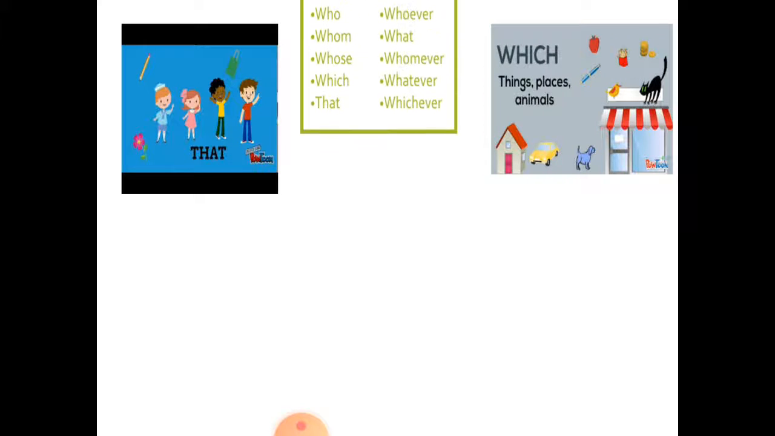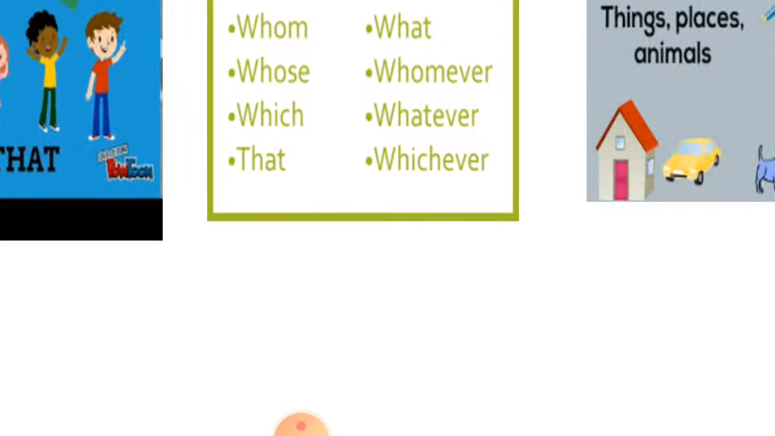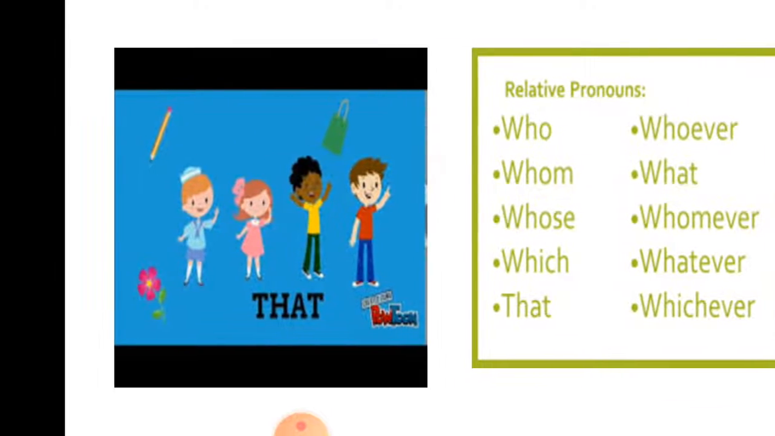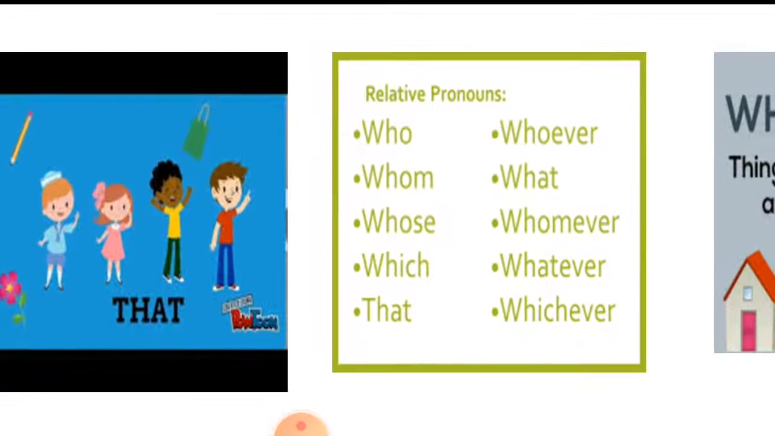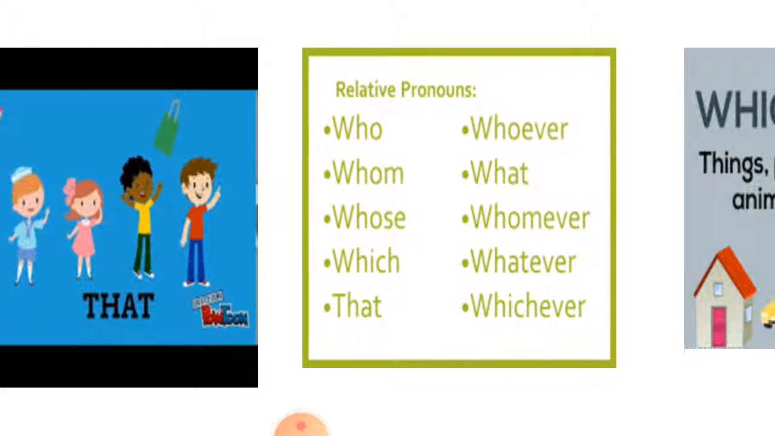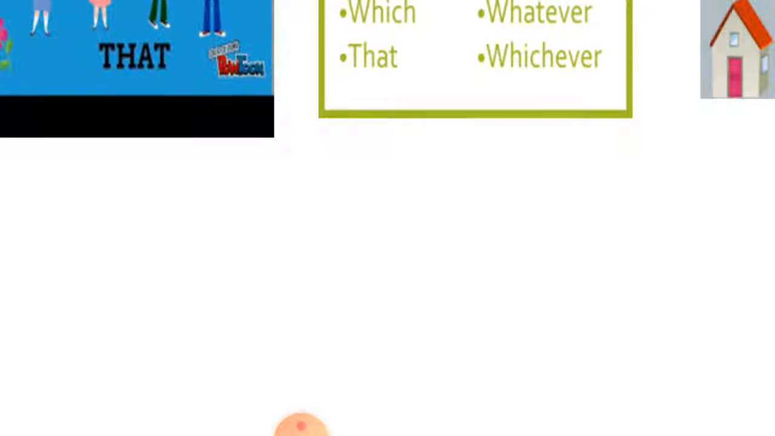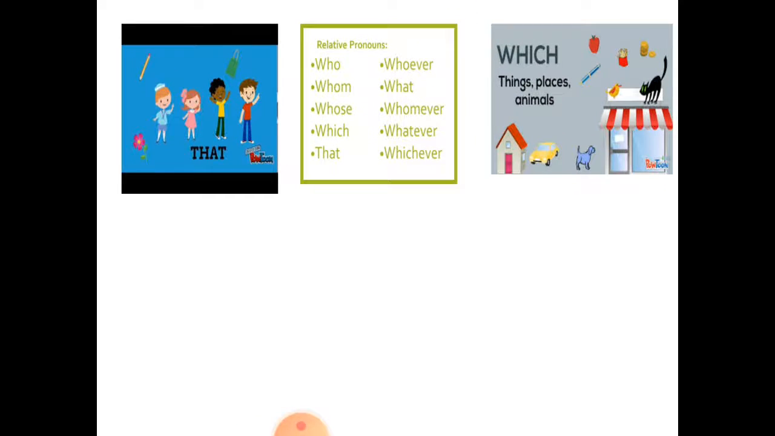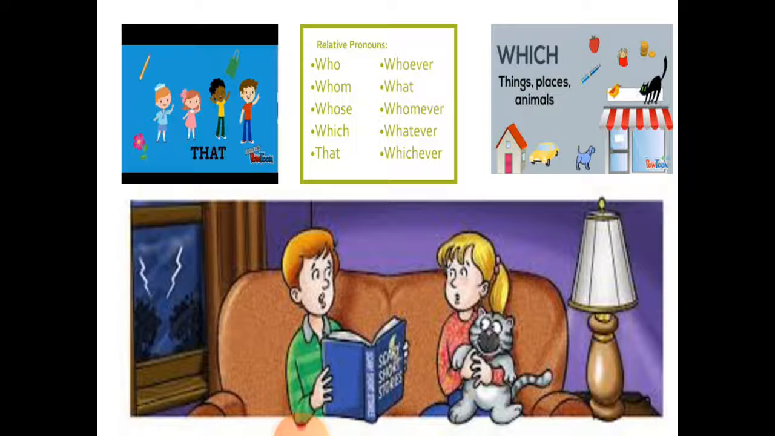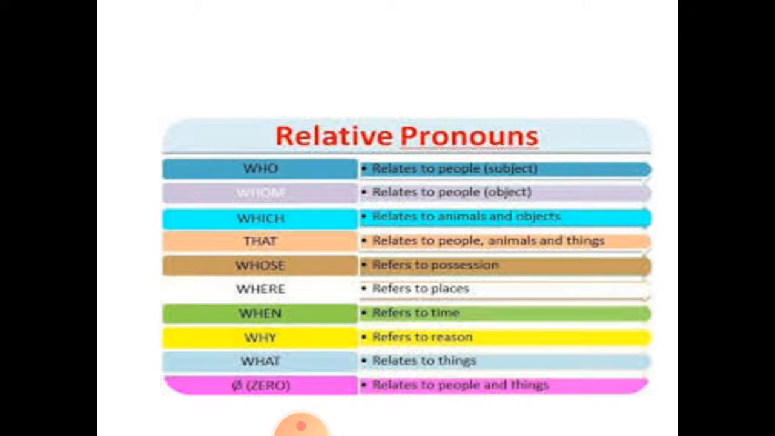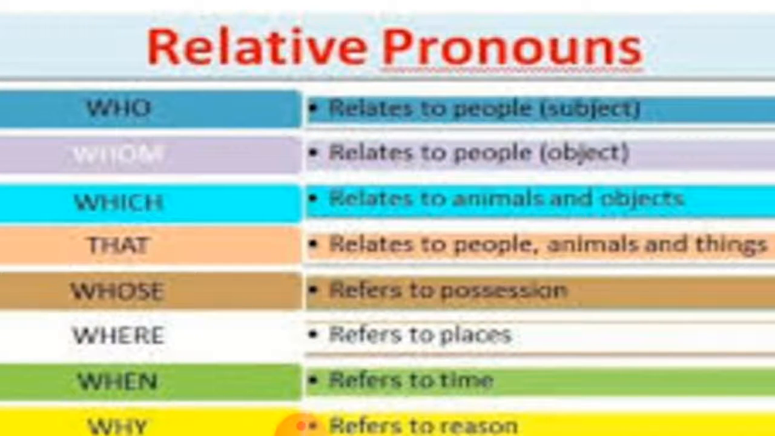For example, that, which. You can see here who, whom, whose, which, that, whoever, whomever, whatever, whichever. So these are the words that are used as relative pronouns. You can see in this chart of relative pronouns which are the words that are used